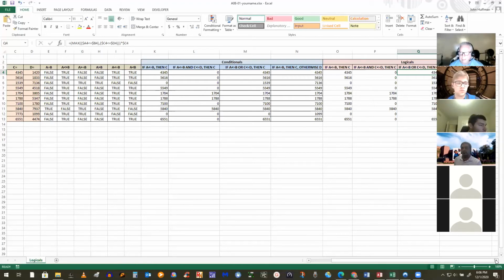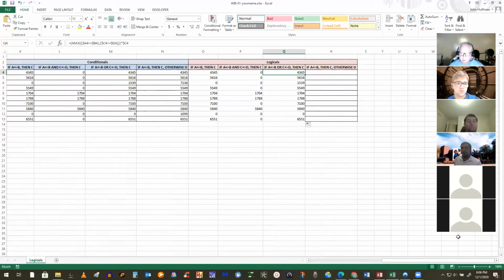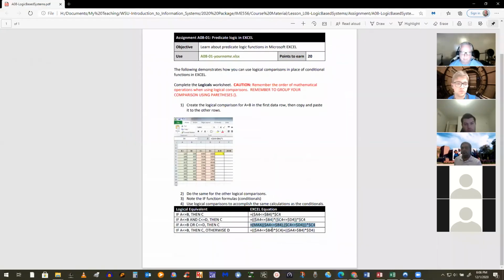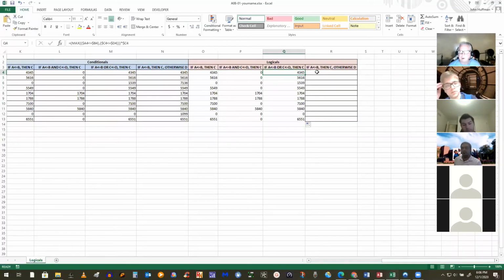All right. And then we'll do this last one here, which is a little bit more complicated. This is the one place where there's a little bit of a drawback, which is when you have an else. Because unlike the if function, where it's just 2 parts, we're going to have to basically build 2 expressions and bring them together to do this. But it's still not that hard.